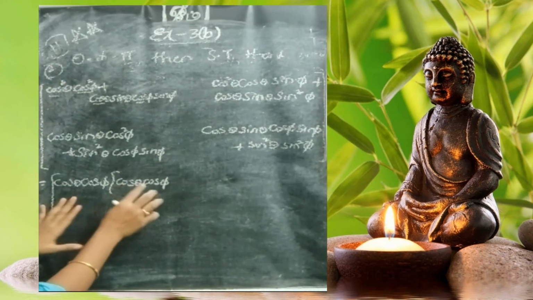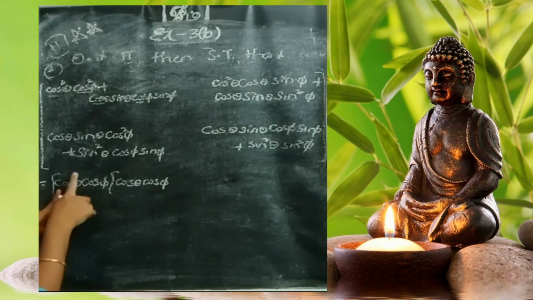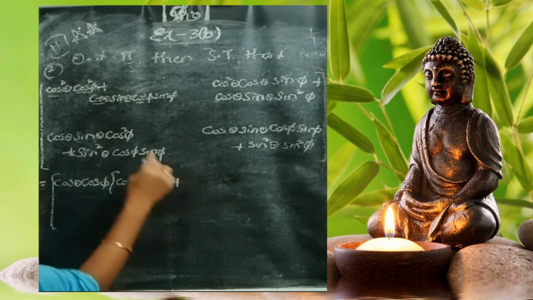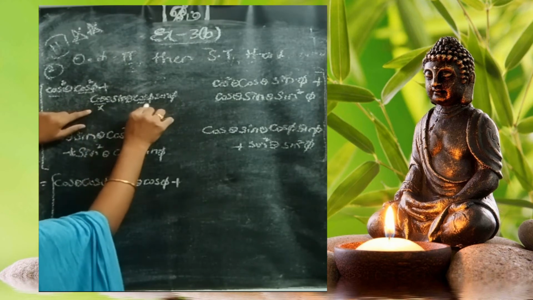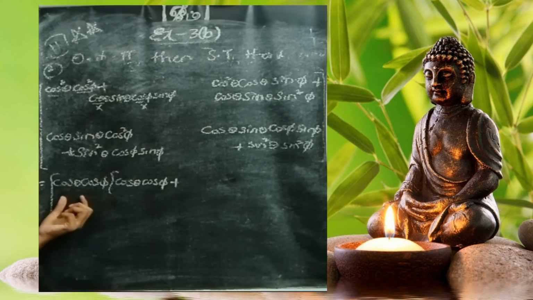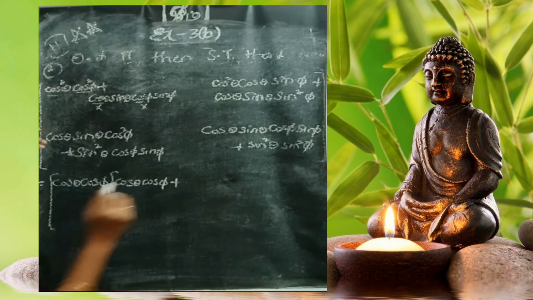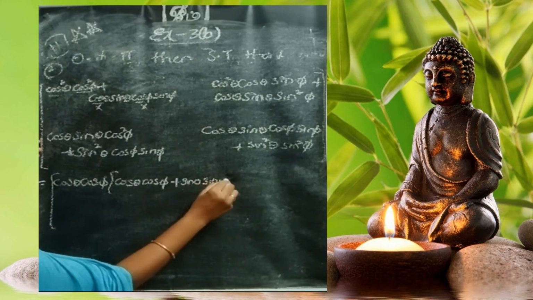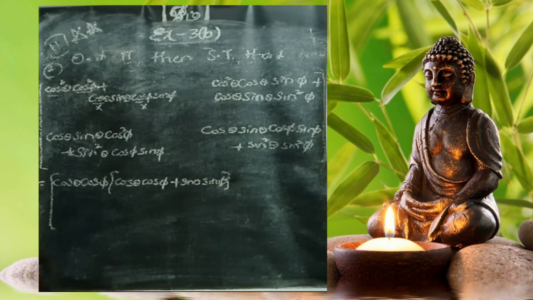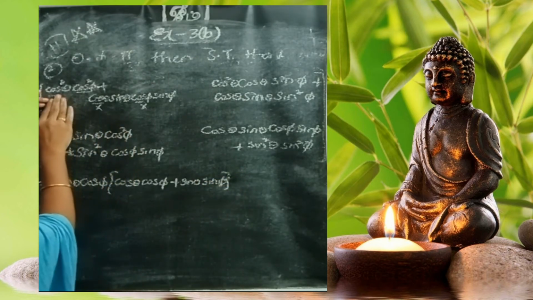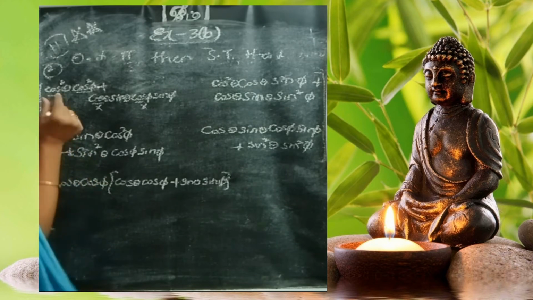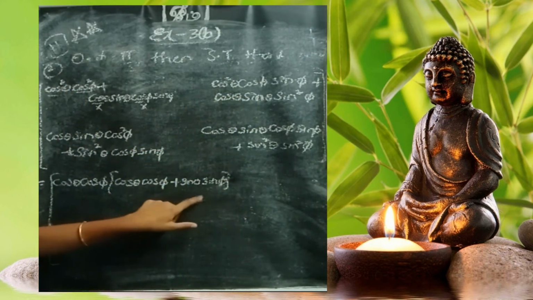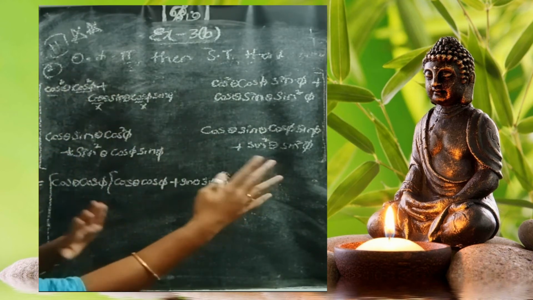When you multiply both, we get cos square theta, cos square pi. Next plus, I am removing this. Why? Because I have taken common here cos theta, cos pi. What's the remaining? Sin theta, sin pi. Okay, don't confuse in it. I have taken here common as cos theta, cos pi. Now we'll go for the next term. I'll write here onwards. Don't confuse. You write as before what you do.